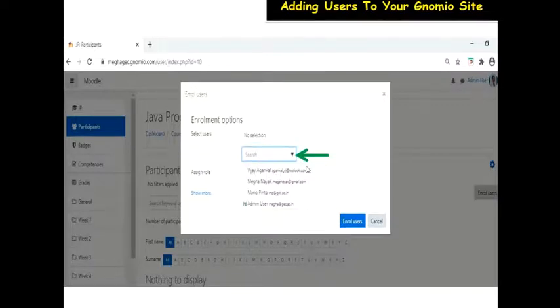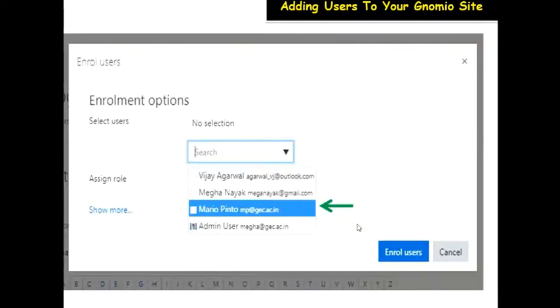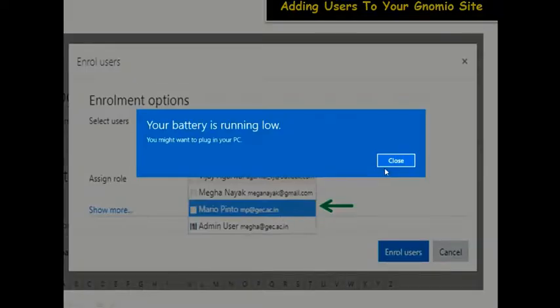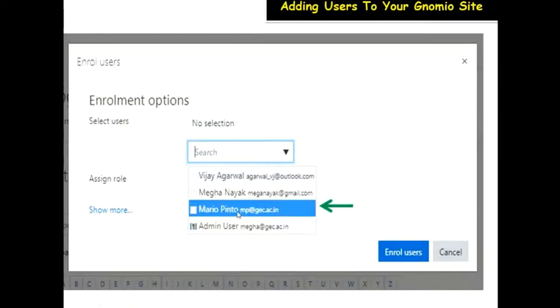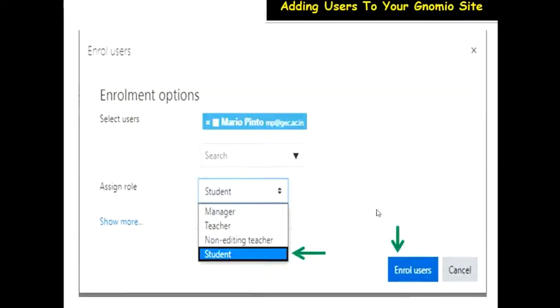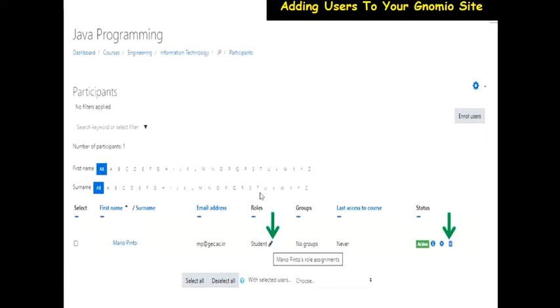So I choose the first user and click on enroll users. For example, say we are enrolling this particular user. I highlight that user and I click on enroll users. When you try to highlight that person, it also allows you to assign roles. So you click on whichever role you want to give that particular person. That is also possible at this point of time, and then you punch on enroll users. So once you enroll a user, this is how it is going to look like.